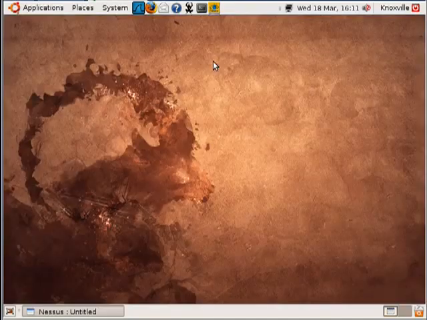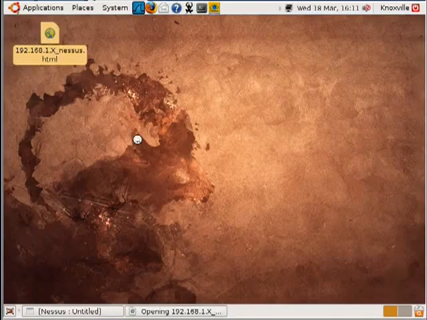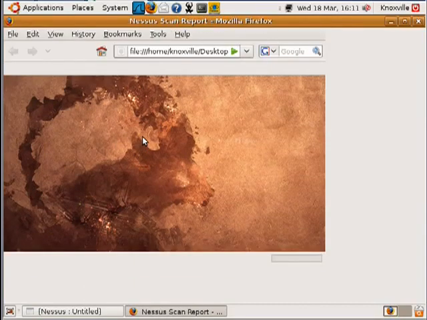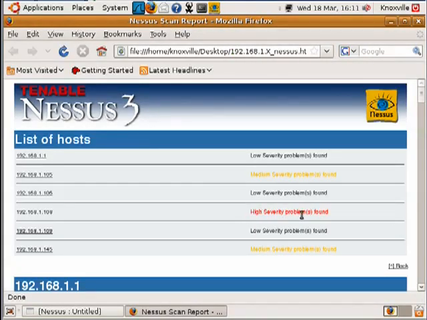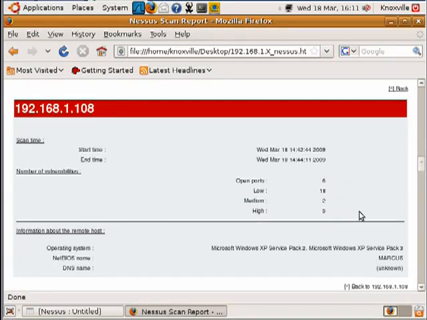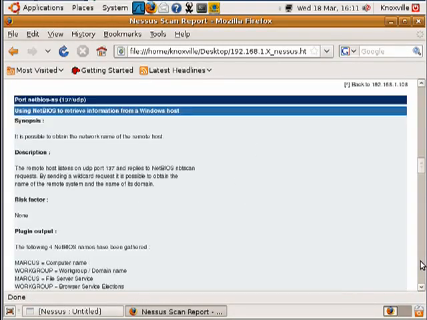So what I've done to speed this up is I've already got an HTML file that it's exported. So I'm going to show you what a sample report looks like in Nessus so you can get an idea of what you're looking at. I just want to show you one of the high severity problems that I found on my network. Node 108 has a very big problem, and I want to show you that. So if I scroll down,